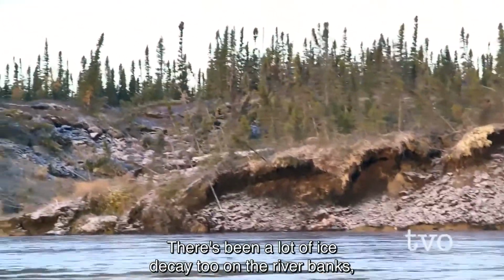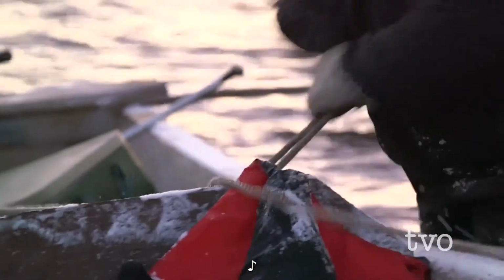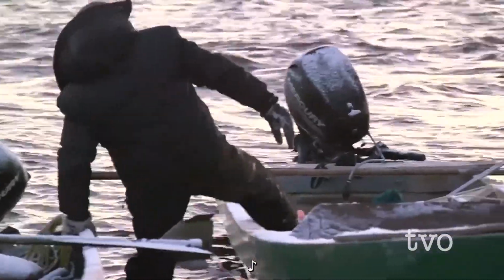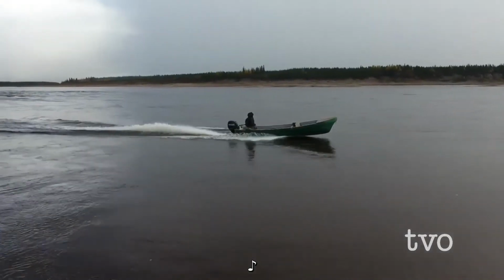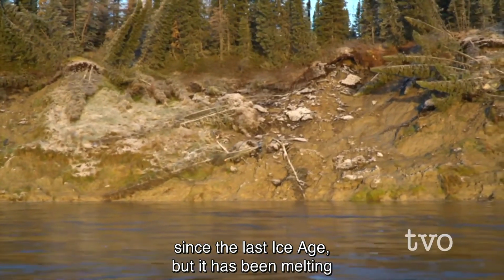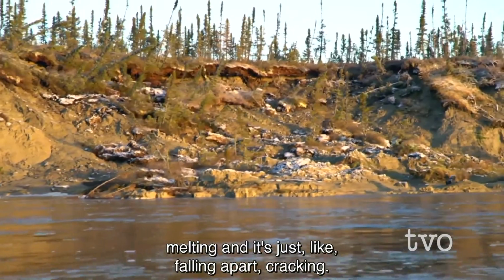There's been a lot of ice decay too on the riverbanks. There's a lot of landslides. They're very noticeable, especially the last 5, 10 years. They call it ice decay. Basically, it was just frost under the ground that's been there for thousands of years since the last ice age, but it's been melting recently pretty fast. And with that happening, the ice that's holding the silt or the earth is melting, and it's just falling apart, cracking, and